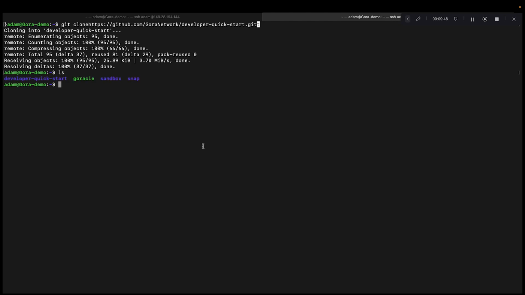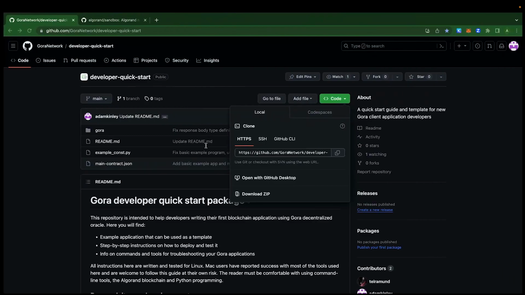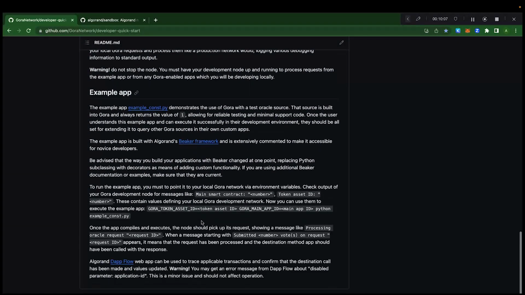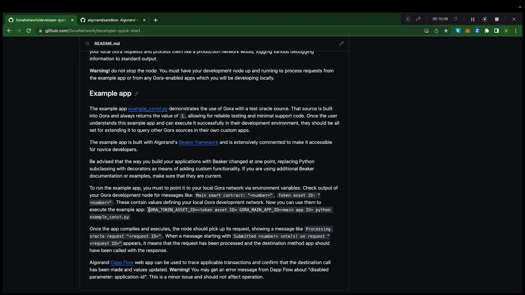So now if we list out, we can see developer quick start is here as well. So we will change directories here and come down. All we have to do to start our application is copy this here.